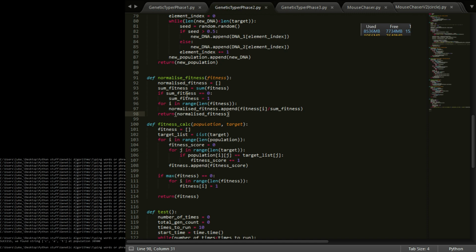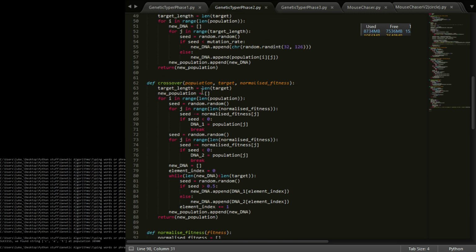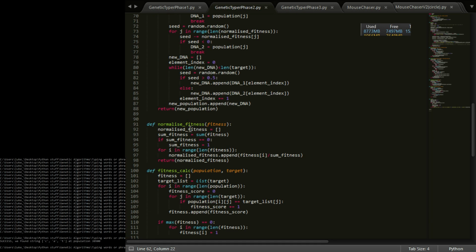So it just returns a list of really small numbers that will total to 1. I'll print this out again in a little bit and you can see, but the reason I do this is